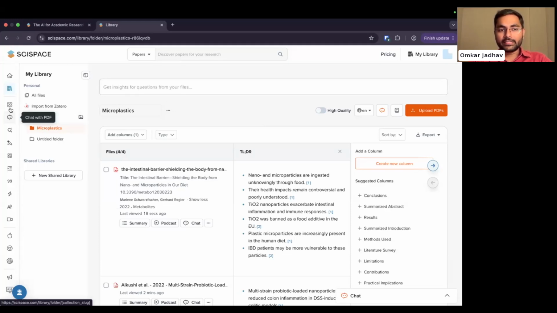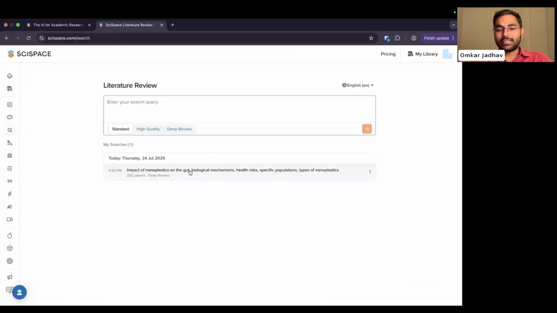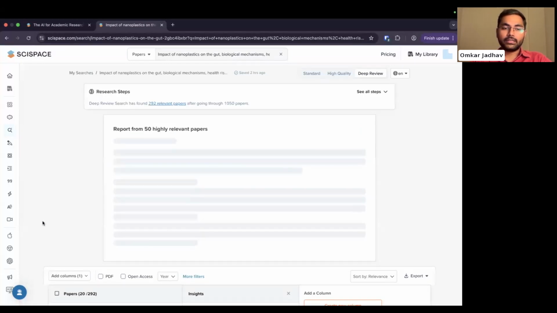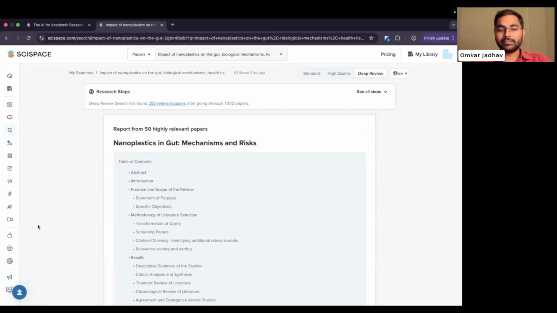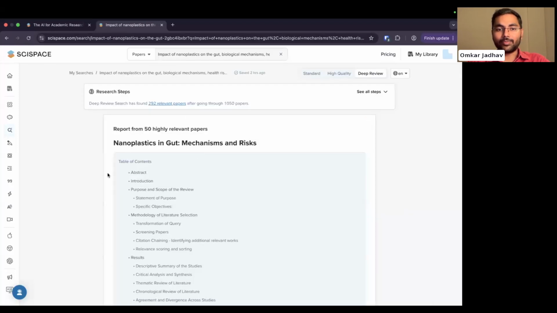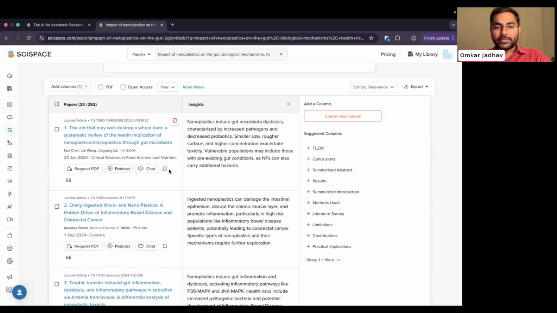So I was doing a literature review on this topic. Let me just open it. Users of SciSpace will know that we have this excellent agentic feature called Deep Review, which will find hundreds of relevant papers for your topic, right? You can give it a try later on. I won't go deep into this. We have covered this in earlier webinars as well. So this is a result where I asked a question about nanoplastics in gut, and it found 292 papers for me. Okay. Now on SciSpace, if you see this button near a paper, which says bookmark,